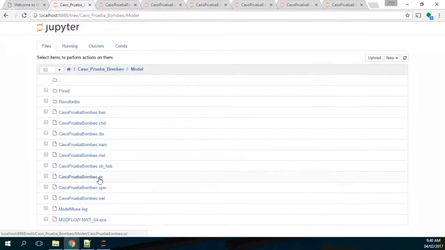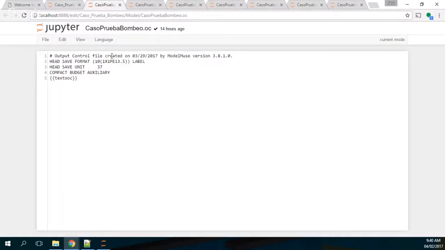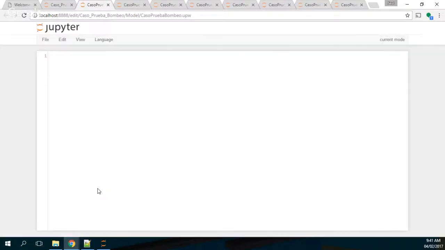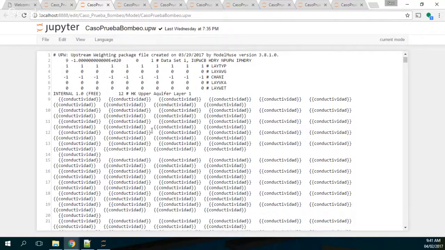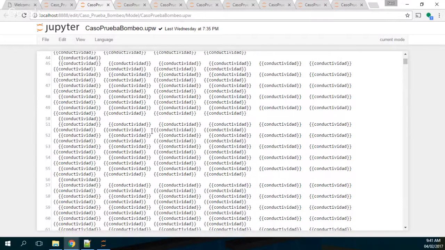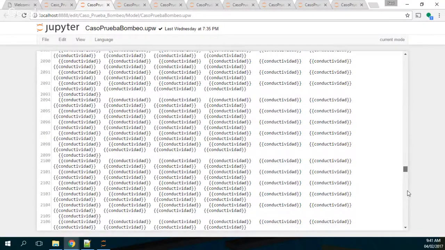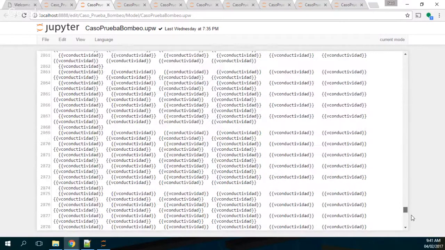Cool. And then we have observation control, and this is as well generated by the script. Okay. This is the upstream weighted. This is for the MODFLOW NDVT, and this is as well written by the